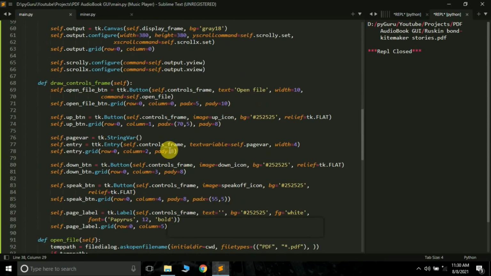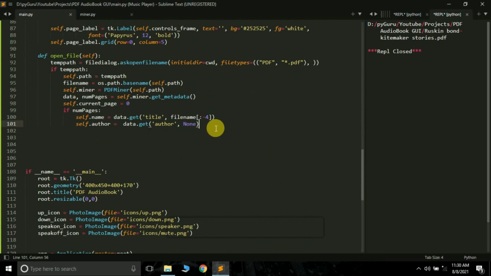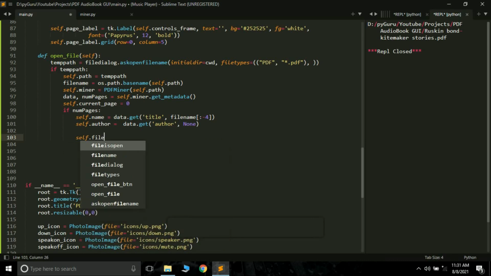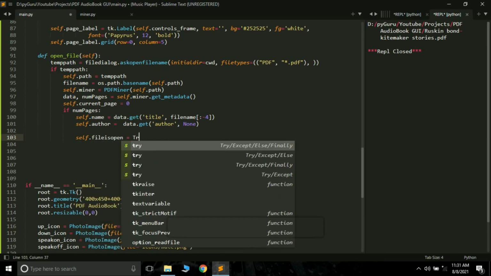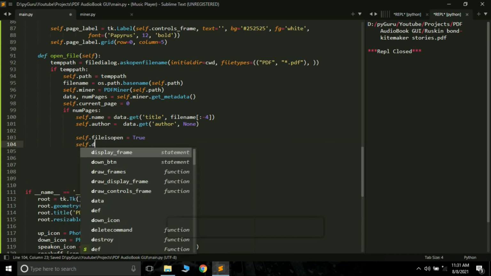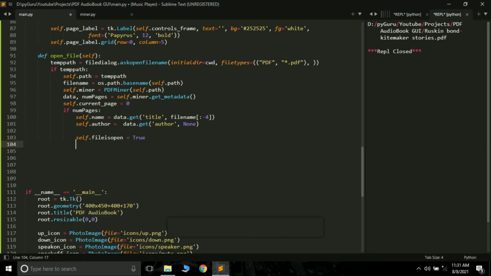So here we have stored the title of the PDF in the self.name variable, the author of the PDF in this author variable, and let's make self.file_is_open true. We have to call self.display_page, which we have not defined yet, and update data.